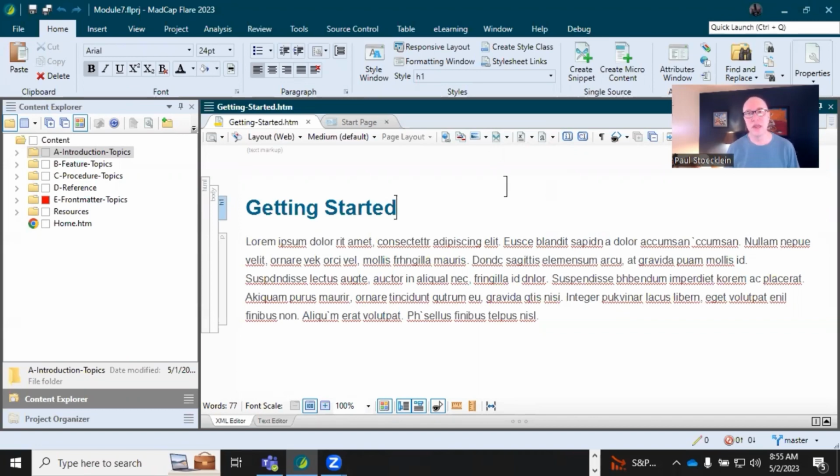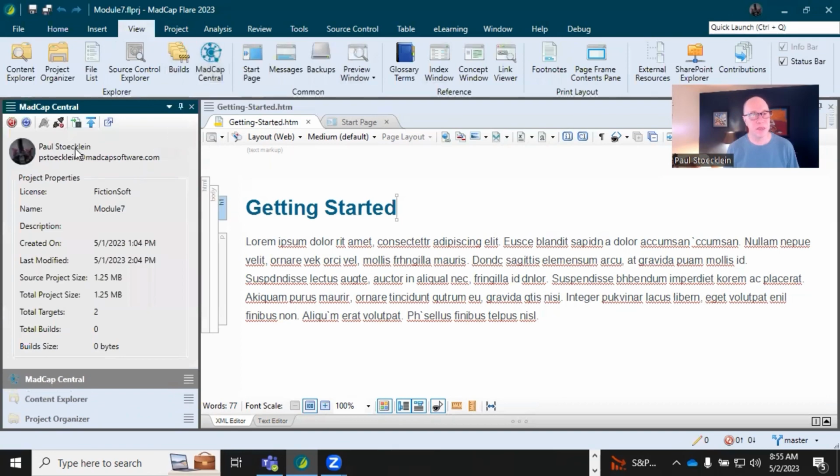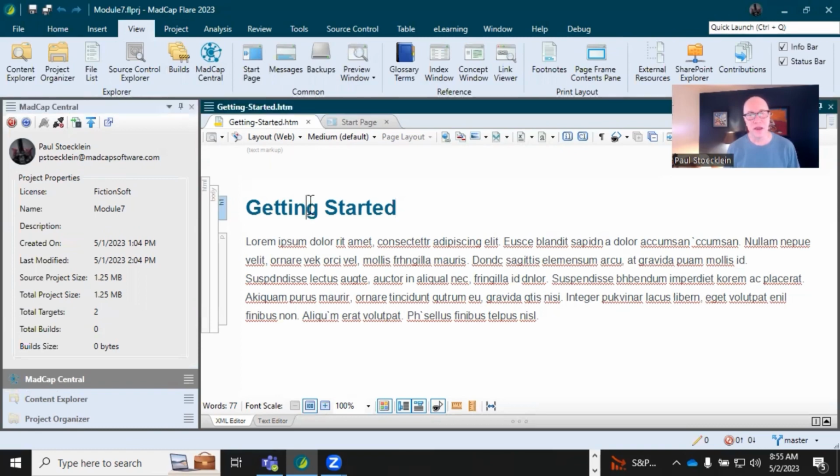And you can tell that I am logged in because of my avatar up here, otherwise it would say log in. And you can also tell if you go to the MadCap Central window pane, here I'm logged in. And not only that, but my project is bound to Central. All right. Now, the other thing that you want to do is make sure that you're on the right source